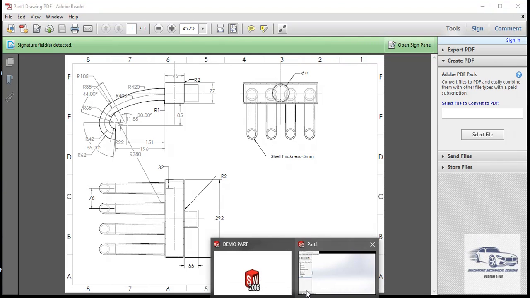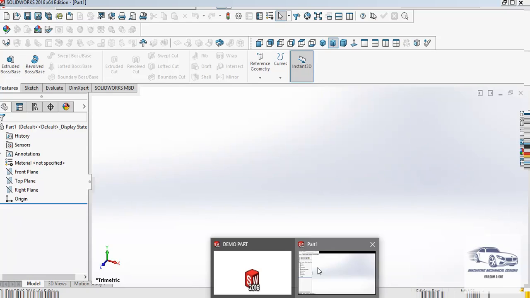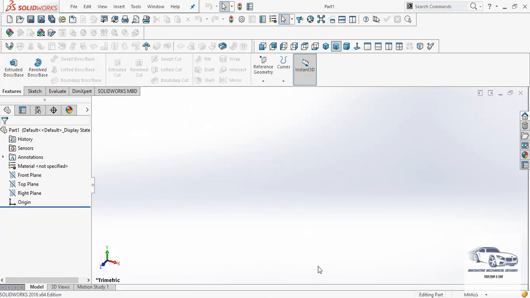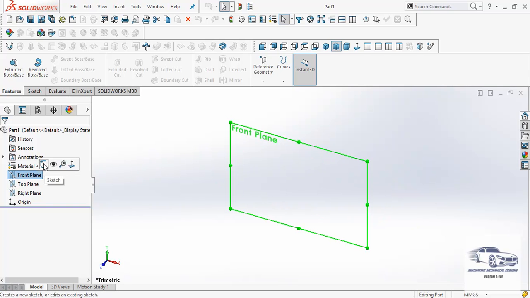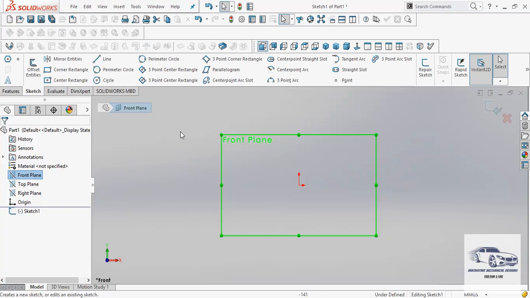So I will first of all take a new file in SolidWorks. This is SolidWorks software. To start with, here we have been given the planes. I will select first the front plane and create a sketch.